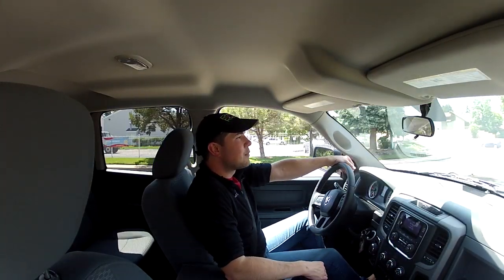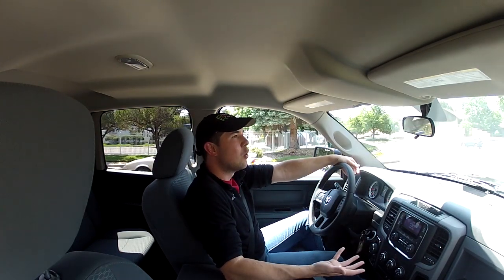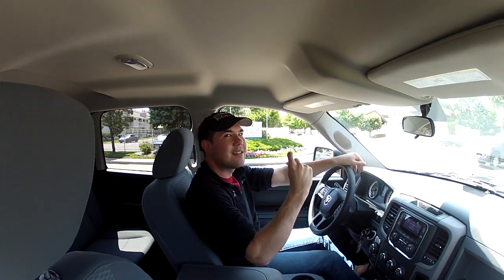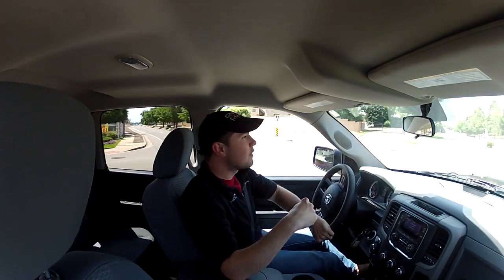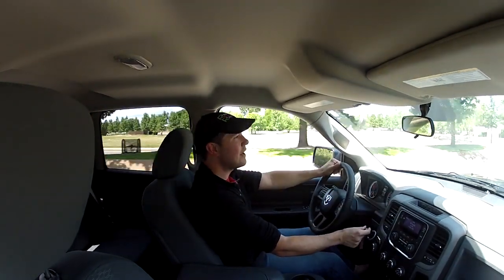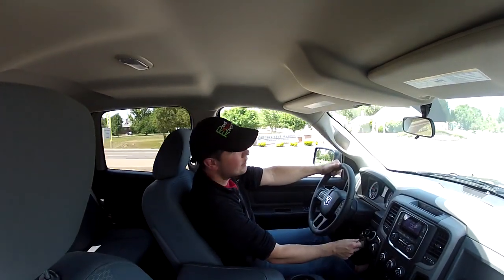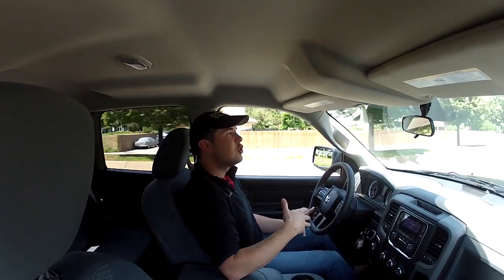Some other things I'd like to point out, kind of like the Dodge Durango, and it didn't really hit me as much in the Durango, but it hits me more in this. This is a real key. Well, it's a big plastic key, actually. And what I thought was interesting is that the press fleet gave me the keys the way they come from Ram, and it's got this real key next to it, but you can't use this real key to start the vehicle. At least I didn't figure out a way to do it, because this big plastic key is actually what you stick in and turn in the ignition. So there's no keyless entry in this